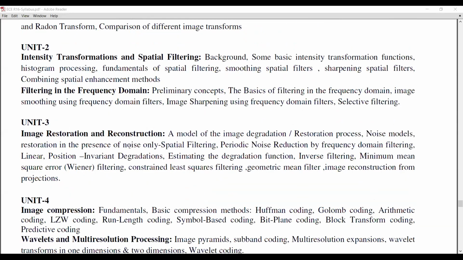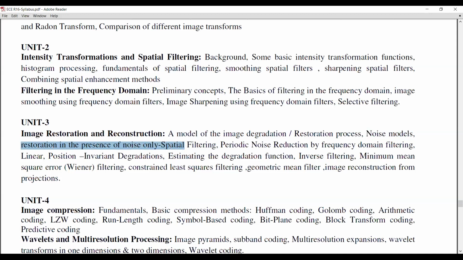In third unit, we have image restoration and reconstruction. Under this third unit, we are going to learn about a model of image degradation and restoration process. With this model, image restoration and degradation model, we will come to know how to restore an image which is degraded because of different types of noises. So we are going to learn about noise models. So noise models means we are going to define the mathematical formulas for the noise. So we are modeling the different types of noises mathematically by the noise models,